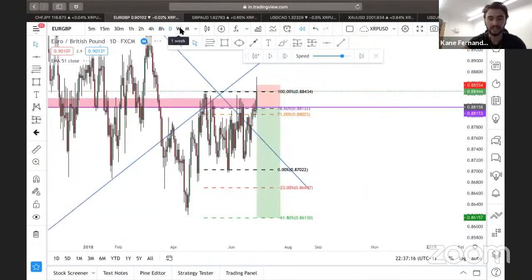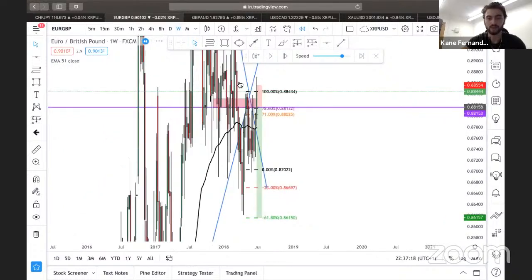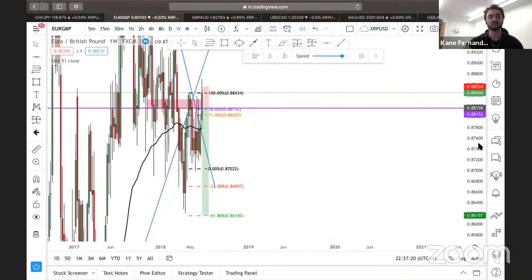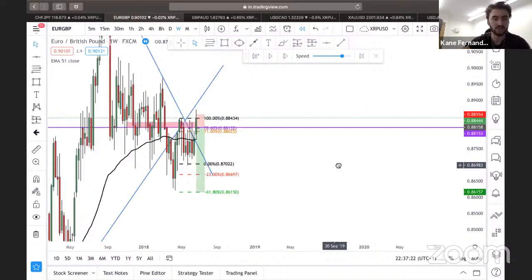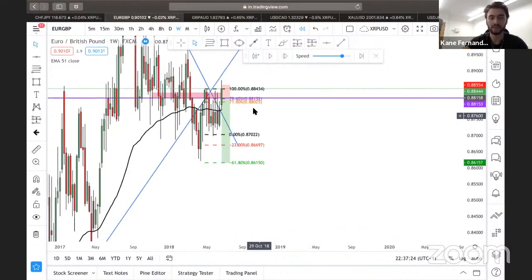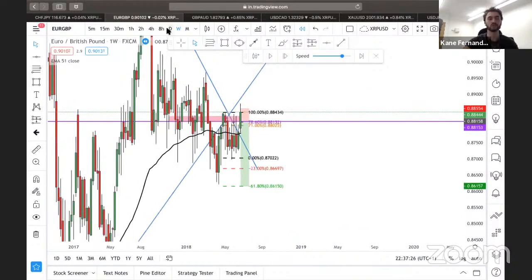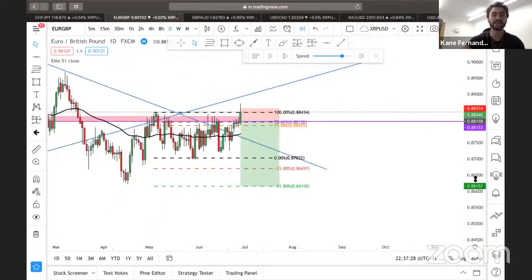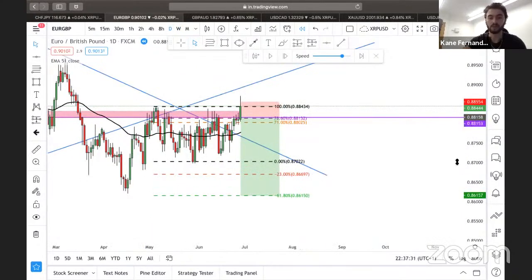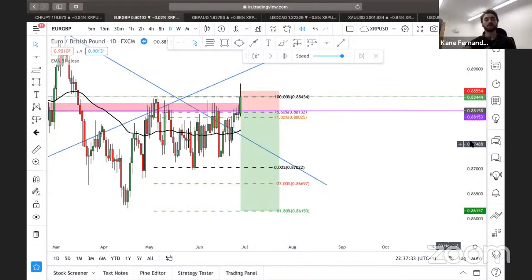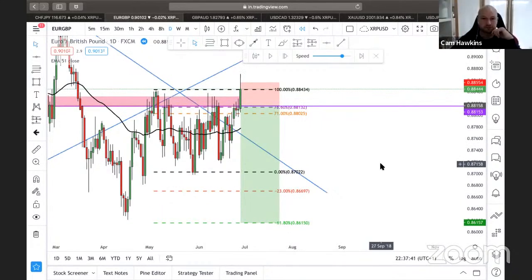But if we go out to the daily and the weekly, my explanation for this would have been: we've seen all these rejections off this weekly EMA, and we had all those other confluences to take a trade. It's not just a trend line. I got stopped out, but there are multiple confluences. No one has a 100% win rate. It's just not how it works. Exactly. Okay, let's jump into the next one.